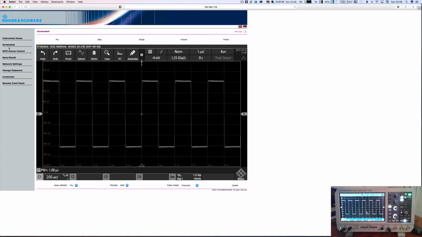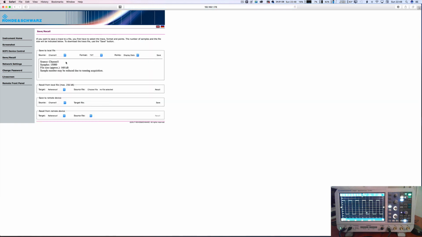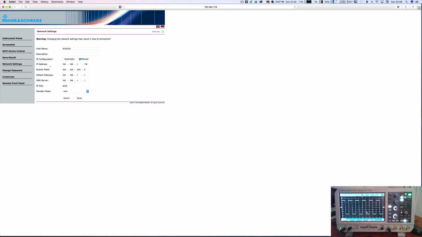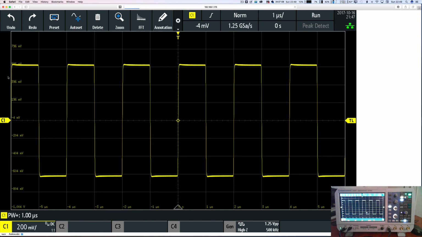Right, back to there. I've got save and recall, which I believe is to do with saving signals from the scope straight into memory, and that's our page for selecting what we're saving. Network settings, which gives us our network settings that won't alter because I'll lose this page. Passwords. Live screen was rather nice, particularly if you're using a projector, and this gives you an output directly of